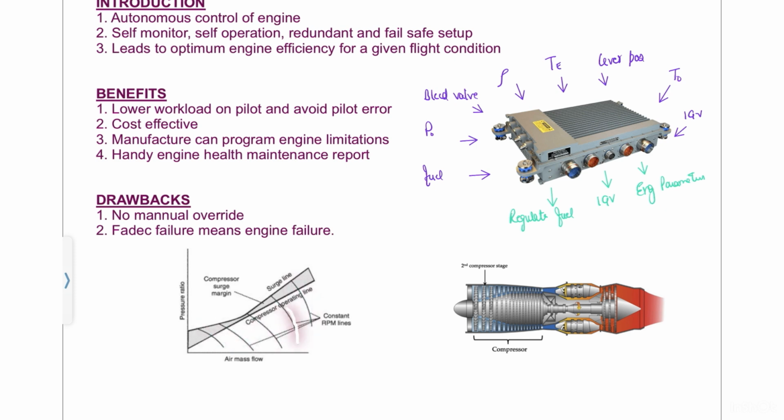These curved lines are the constant RPM lines at which the engine is running. If we take this RPM line, let's say the engine is running at 2200 RPM, the amount of air mass flow and the pressure ratio on the X and Y axes is given by this curve. This is the surge line. In any case, if air mass flow is more, if fuel inlet is more, which leads to more air mass flow, or the IGV is opened more, it may lead to a higher pressure ratio and may cause the complete engine to go into surge. So to avoid that, the FADEC regulates, taking all the parameters I already discussed, and ensures that the engine runs as close to the surge line as possible to give the best efficiency,